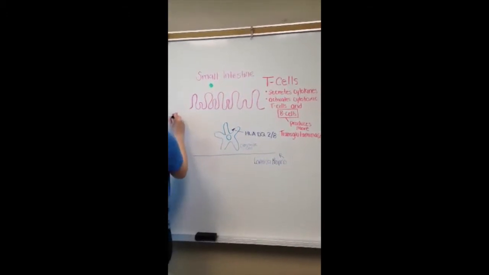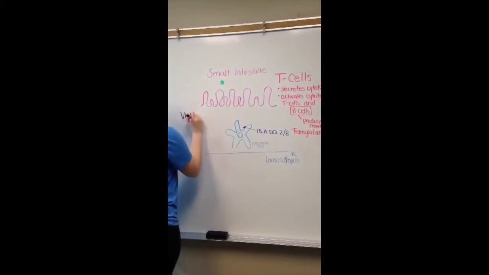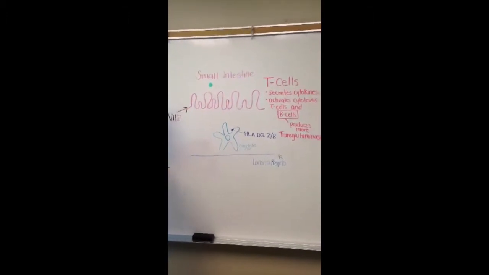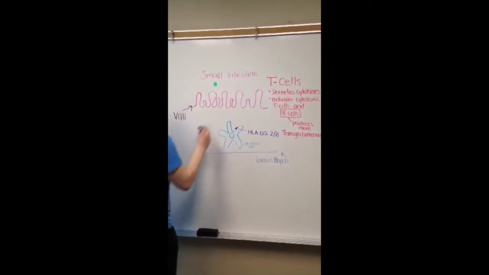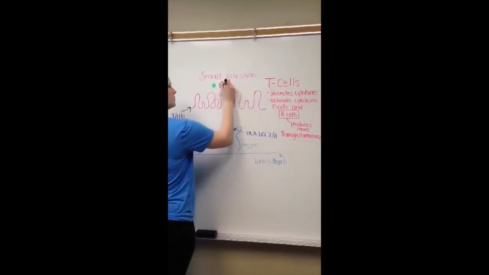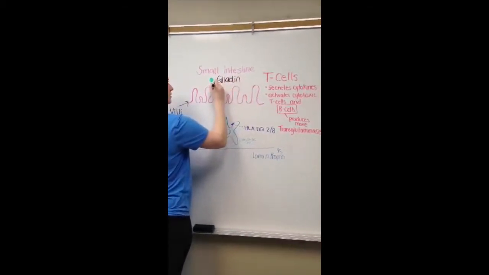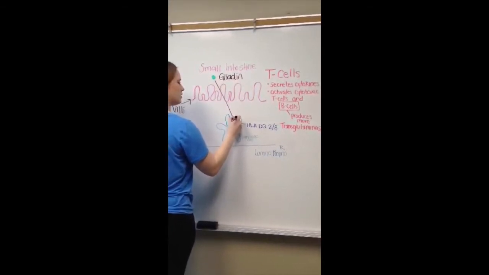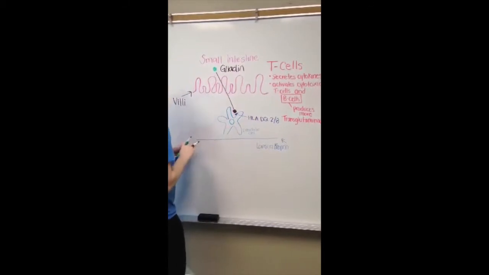Lining the walls of the small intestine are tiny finger-like projections known as villi. Normally, the nutrients from digested food moving through the small intestine are absorbed through the villi and cause no abnormal reaction. In celiac disease, the gliadin is absorbed through the villi into a layer of tissue called the lamina propria and binds to an HLA-DQ2 or HLA-DQ8 complex, which is a protein on the cell membrane of an antigen-presenting cell, such as a dendritic cell.